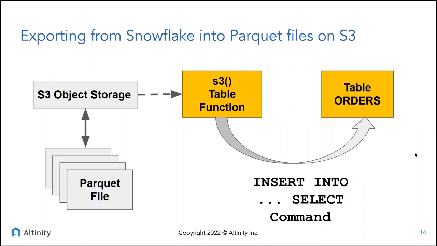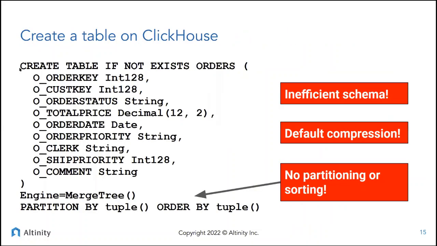Okay, so before we were interrupted by a large delivery, we were talking about how to move data out of S3 via the table function into a table orders. So let's look at the specific commands in ClickHouse. All right. First thing we need to do is we actually need to create the table. And so what I have right here is a create table command using ClickHouse syntax.